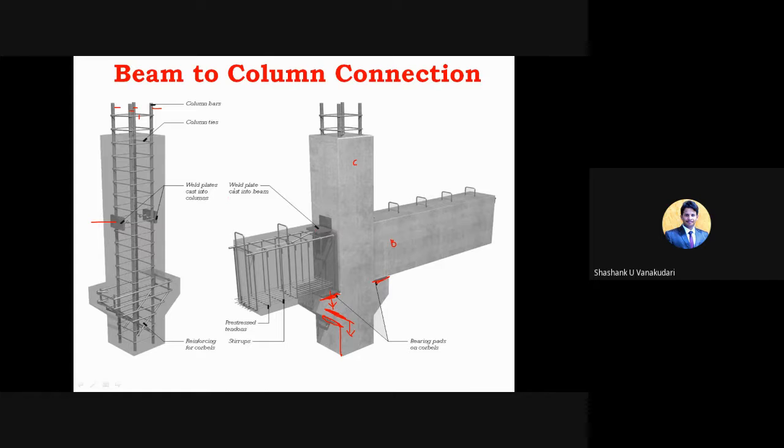And here you can see the weld plate cast into beams. This weld plate cast into the beam is going to connect this column to the beam connections. After this, we can go with some weld joints, or else we can go with nut and bolt connections also. Here also you can see these nut and bolt connections. If you zoom in, you can see at this part that nut and bolt connections will be there. Either they can go with nut and bolt connections, or else they can go with the proper welding process also.